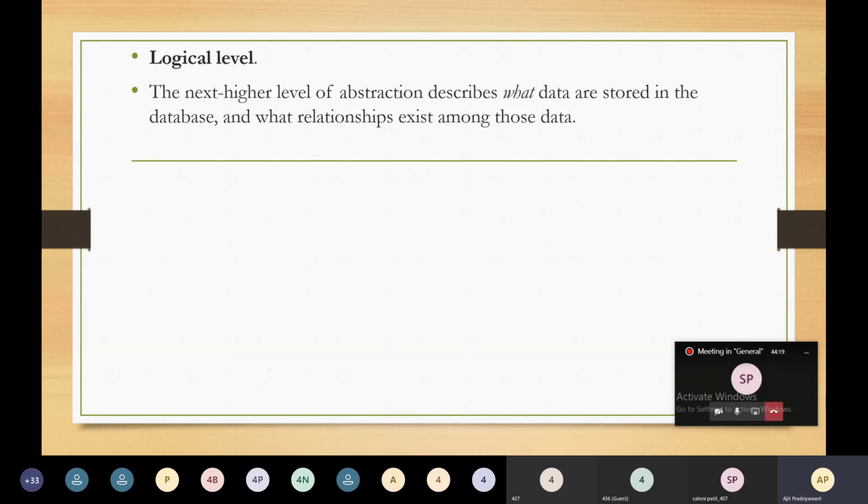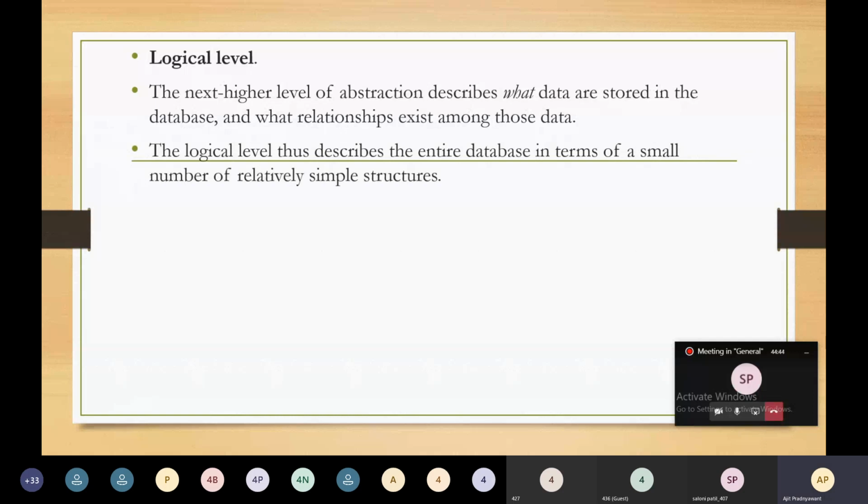It describes what data are stored in the database and what relationship exists among those data. Again, understand by the name logical level, it describes what data you are going to store in the database and what relationship exists among those data.